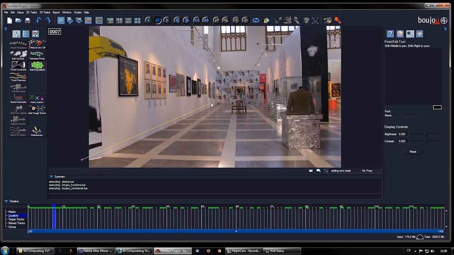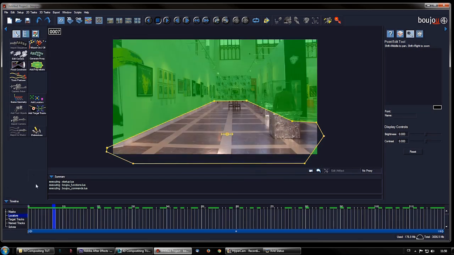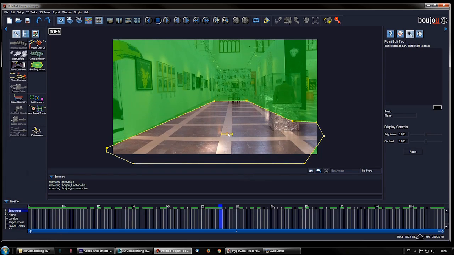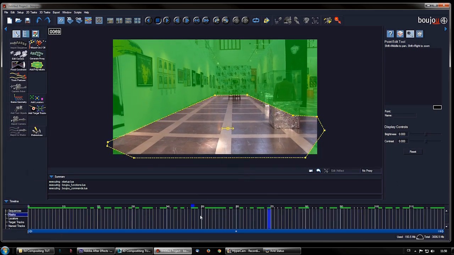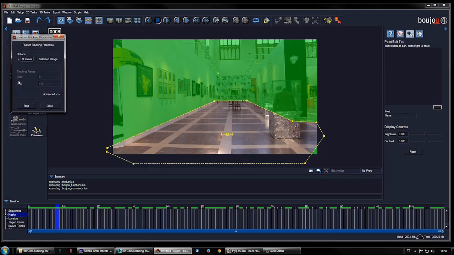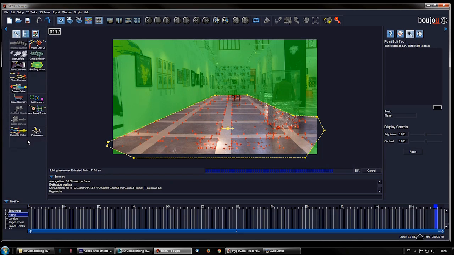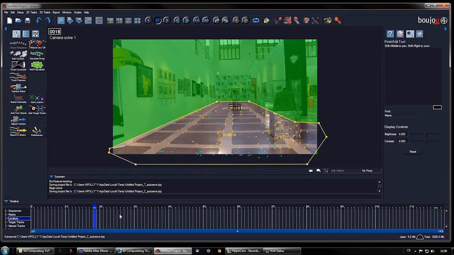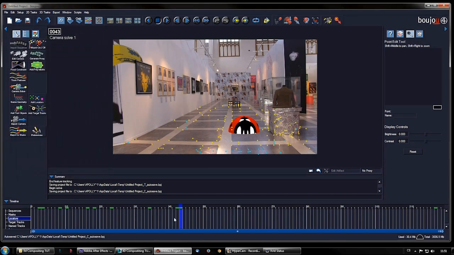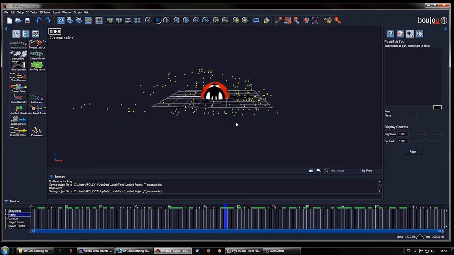Then I created a poly mask and masked out the background, so I was tracking only the floor. Invert, then animate the mask, track features, solve camera, and then you add a test object. Hey, it's looking okay. Now Visual has a lot of catches, especially with the geometry, because what 3D spits out is this,